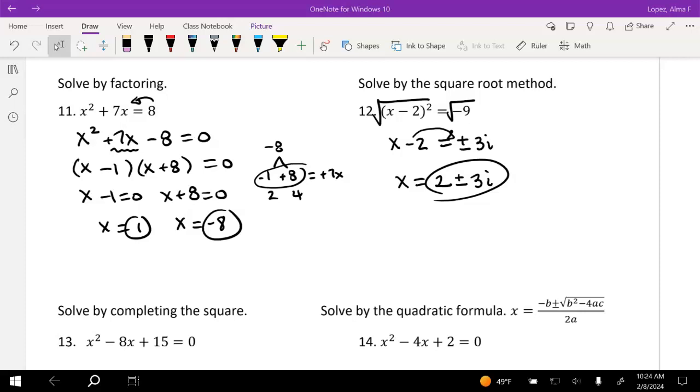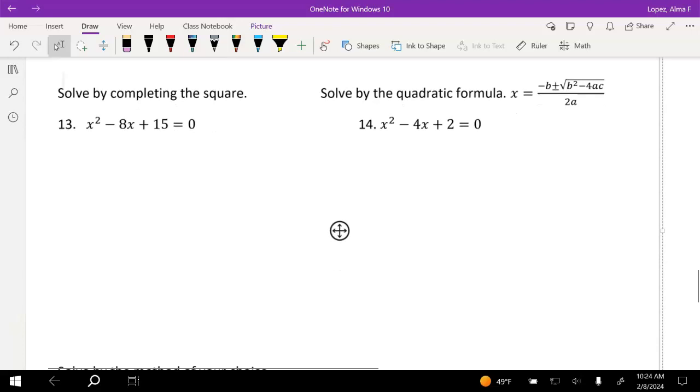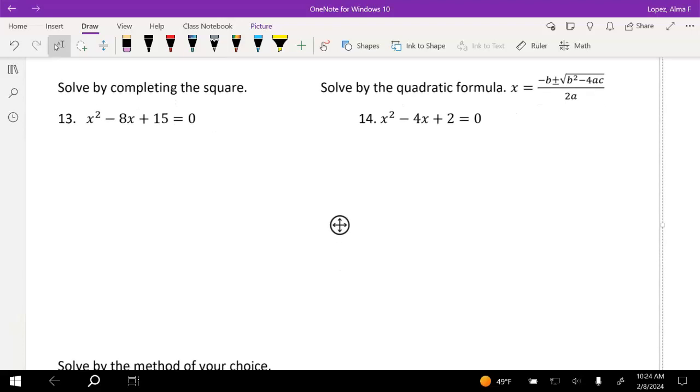All right, let's finish this up. It does indicate to solve by the completing the square technique, but again, you can use any method you like as long as you show your work. On this one, I am going to use the method indicated, so I'm going to start off with step number